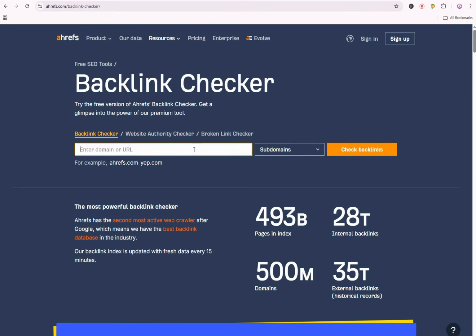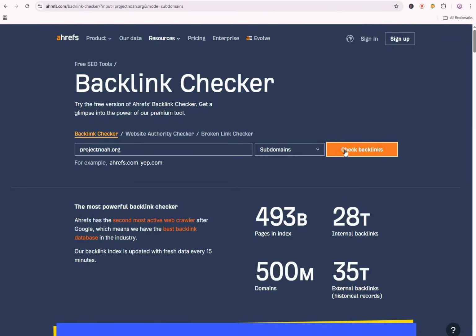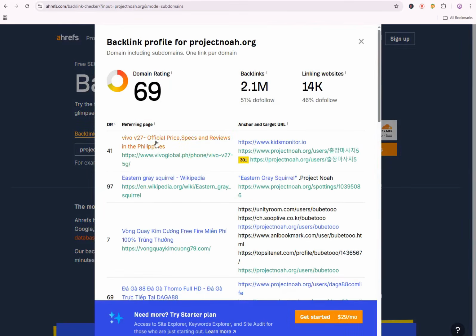Now we'll start with this website. DR of this website is 69, 2.1 million backlinks and 14k linking websites. Go to this website,